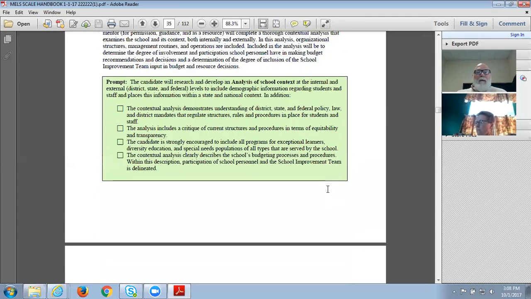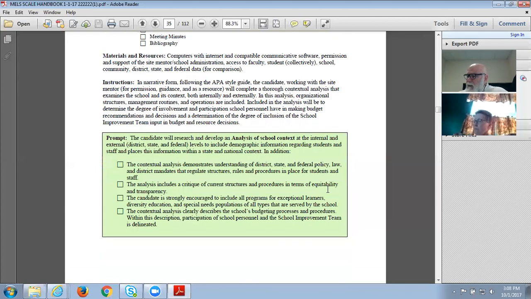What I'm seeing in Task 1 of the OMA that we're missing is the review of the budget, to make sure that the school improvement team is involved in the budgeting process so that we can be assured that budgeting decisions and priorities support the school improvement plan.